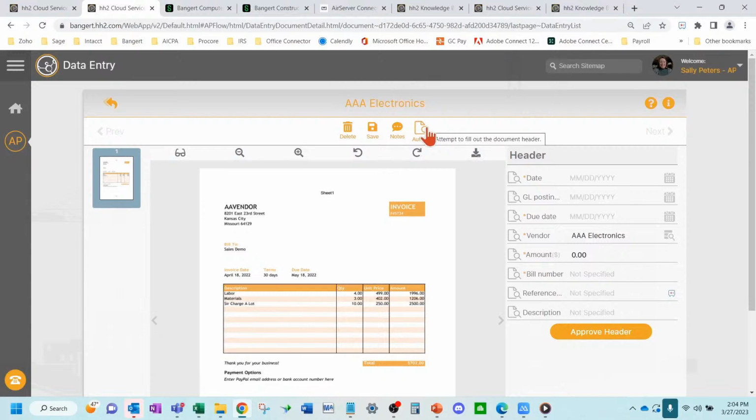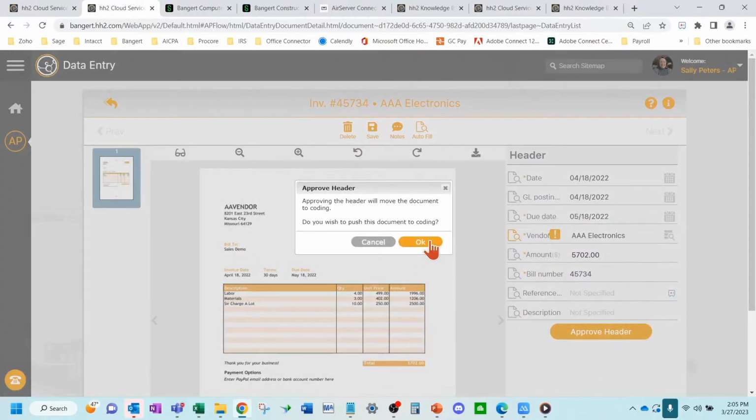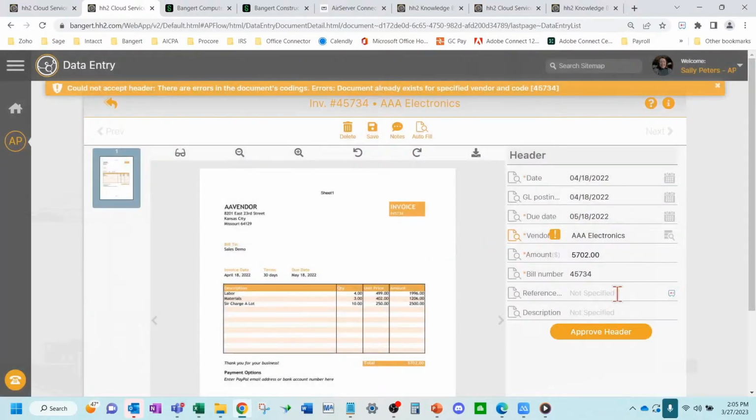If you hit autofill here, it's going to pull over the information on the invoice as it can read it. Okay, so there is some automatic filling in of some of these fields, but you have to pick the vendor first, okay? And then you just go through the normal coding process at this point.